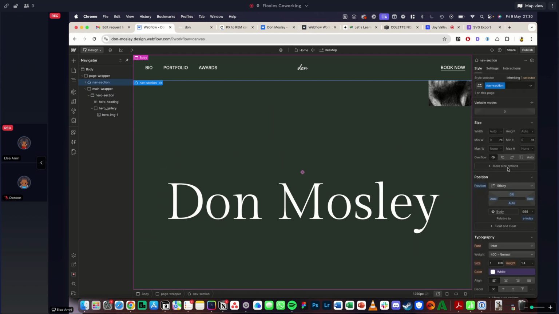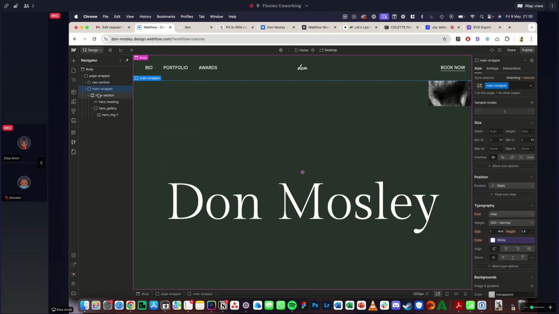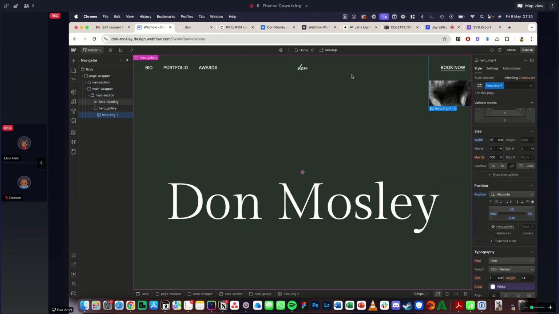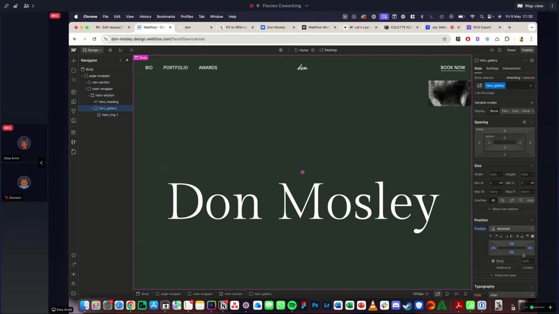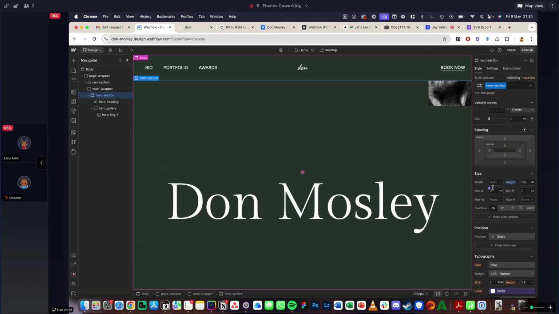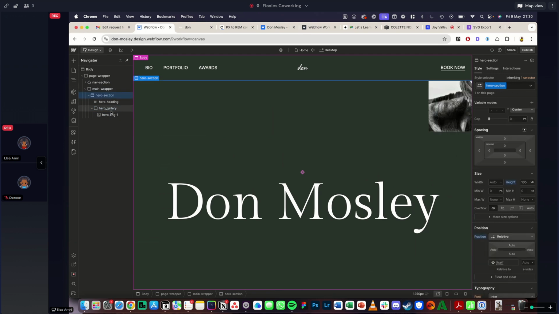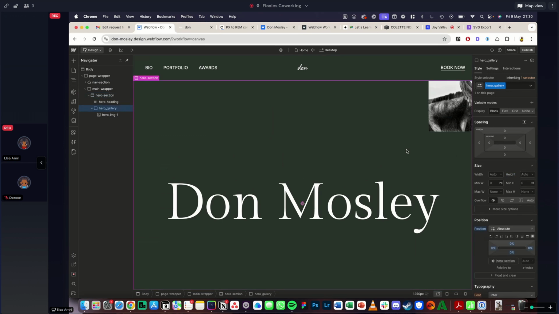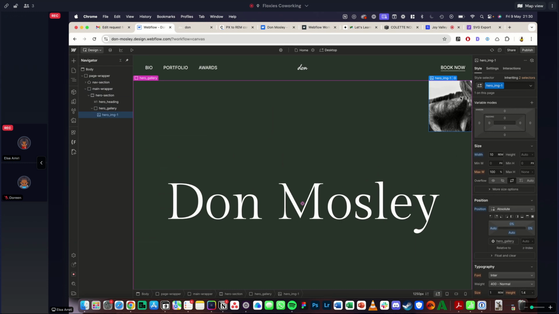Make that auto. Yeah. So now that we made it sticky, we can see that our hero, and I'm also gonna just make sure that our hero section is set to relative so that our gallery here in the background is set according to the section. So now we have this image that is all the way here on the right,